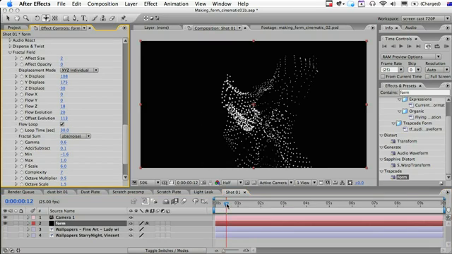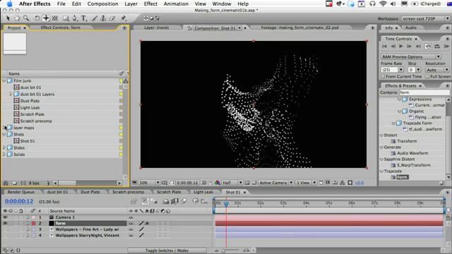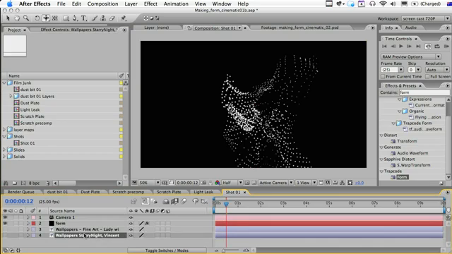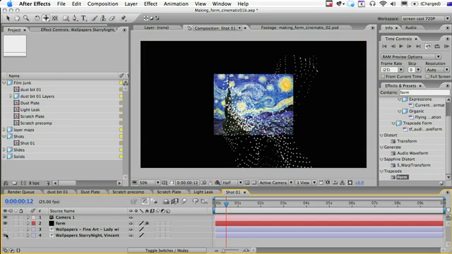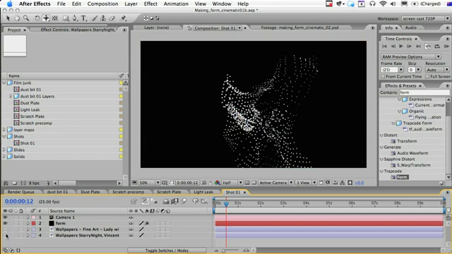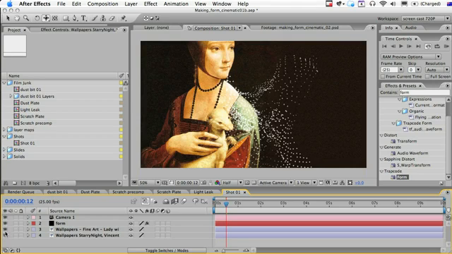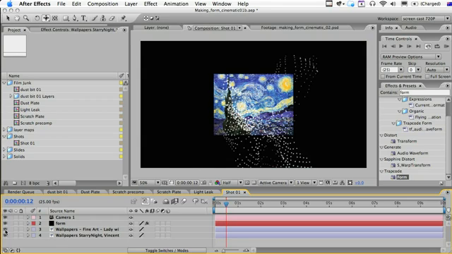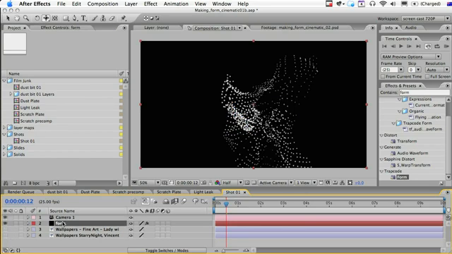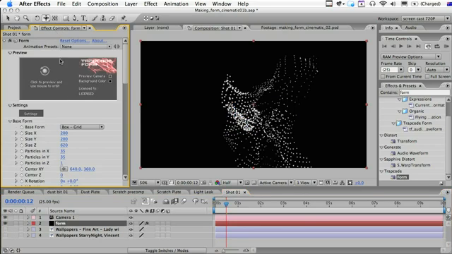Now one of the most important parts of this project is the color, obviously. So now I'm going to look at layer maps. I've added 2 layer maps here. One is Leonardo da Vinci and the other one is a Van Gogh. Paintings and photographs are a great way to use colour because obviously the artist has agonised over the colour, and we can use that. So within Form, if we go to layer maps,